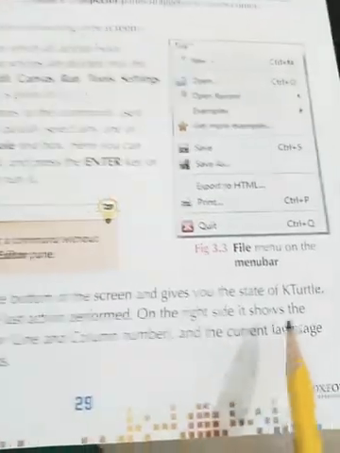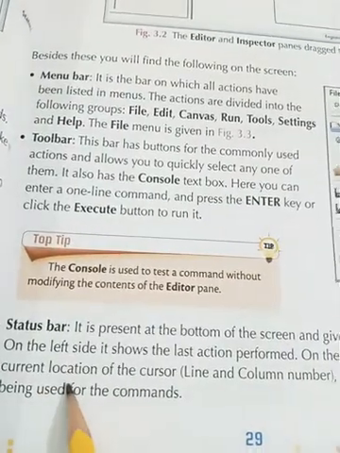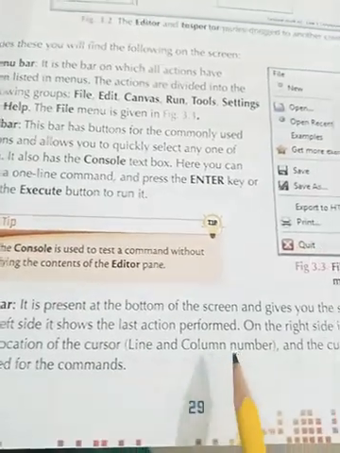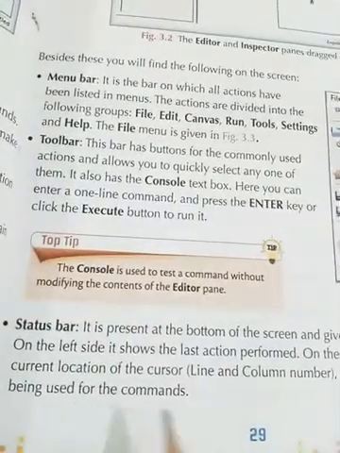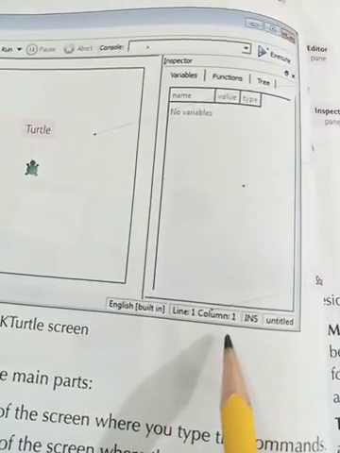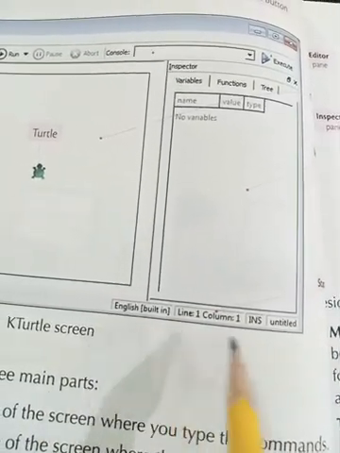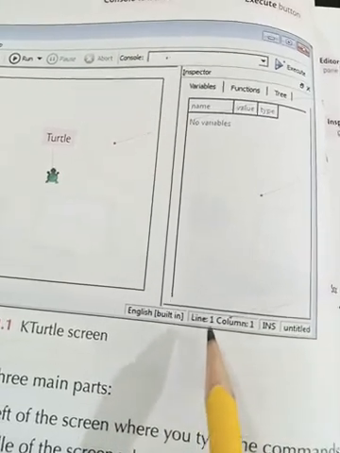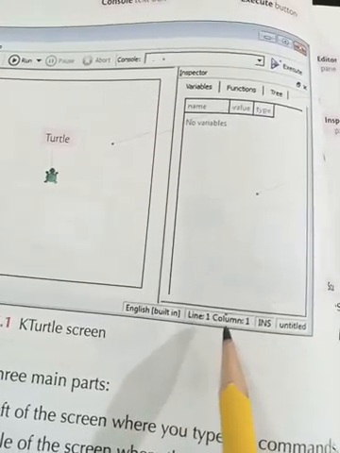On the right side, it shows the current location of the cursor, line and column number, and the current language being used for the commands. It tells us the status of KTurtle, what is happening at the moment. Where is the cursor, the line number, the column number, the language being used. These all are shown here. This is called the status bar.